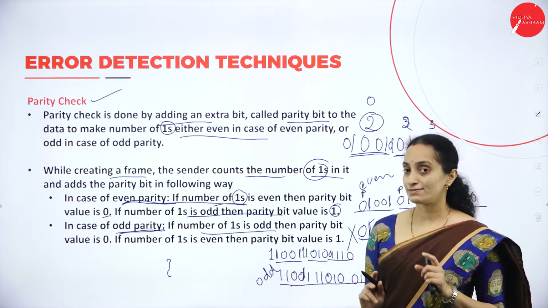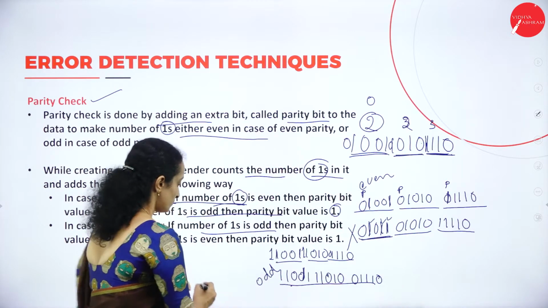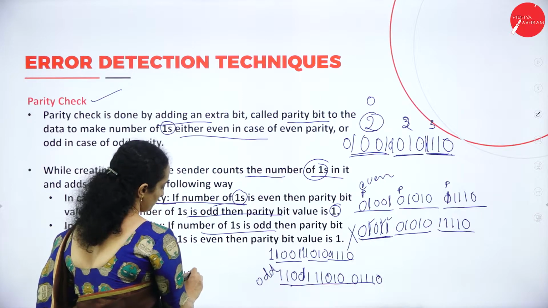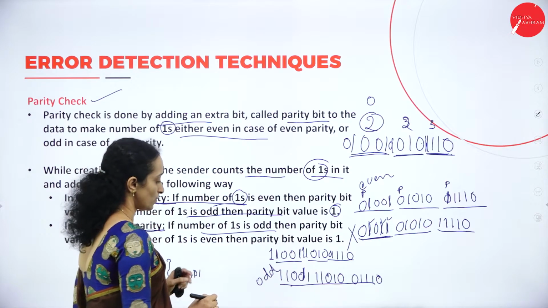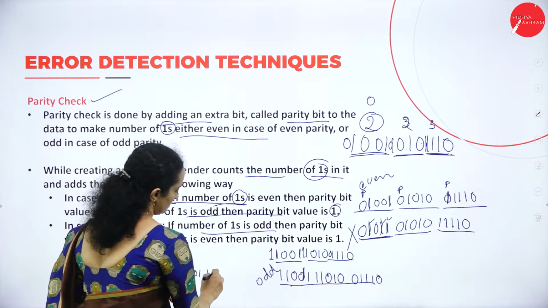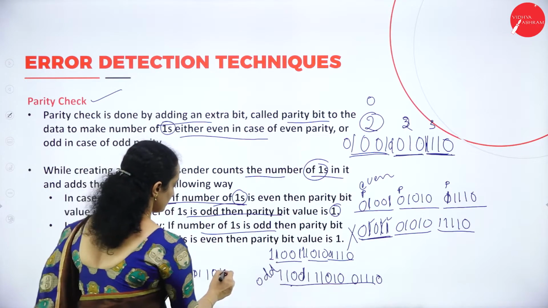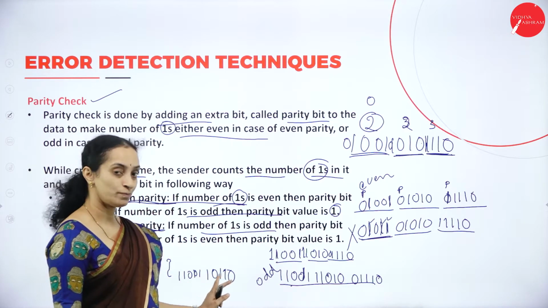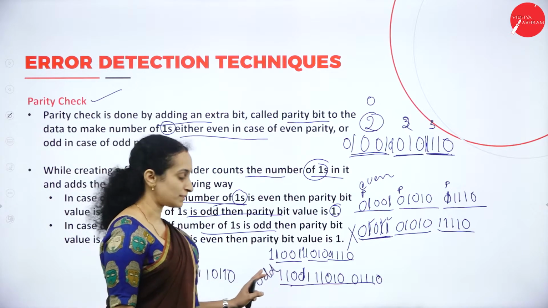That means the receiver can detect an error. Instead of that, if the frame is changed twice, like 1, 1, 0, 1, 1, 1, 0, 0, 1, 1, 0, 1, 0, 1, 1, 0, 1, 1, 0. If the second frame changes like this, if 2 bits get changed, instead of 1, 0, it has become 0, 1. But what is the problem here is, when the